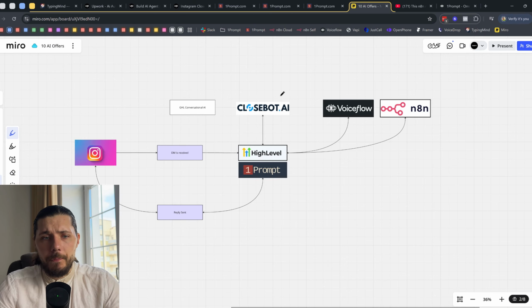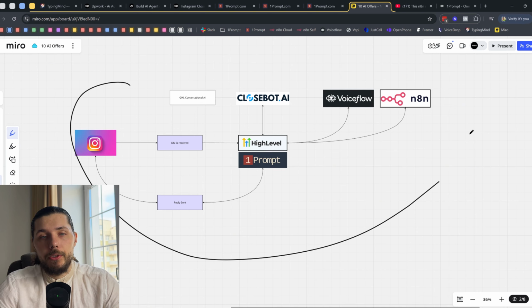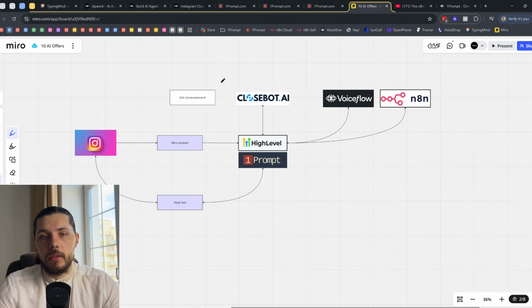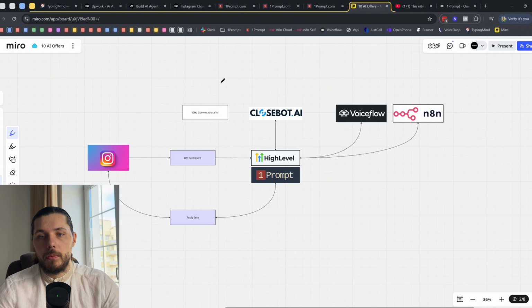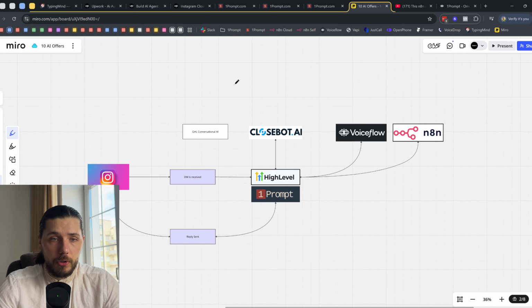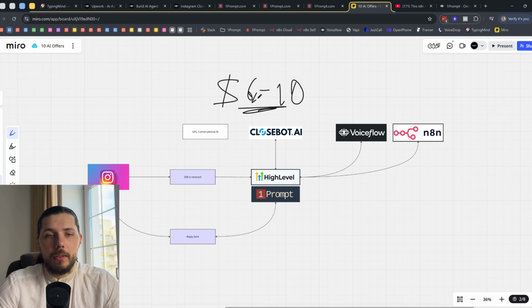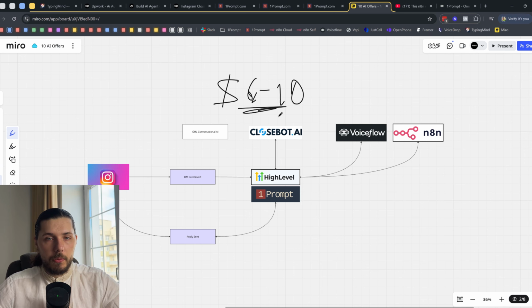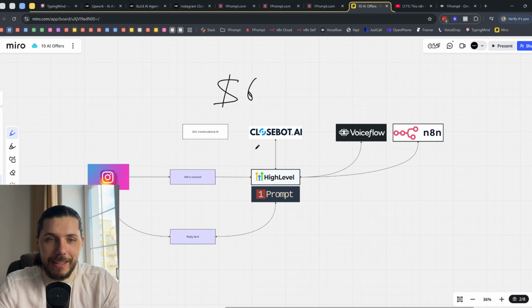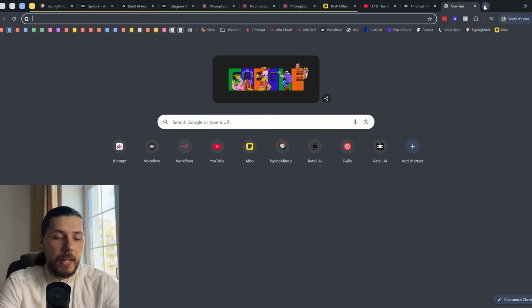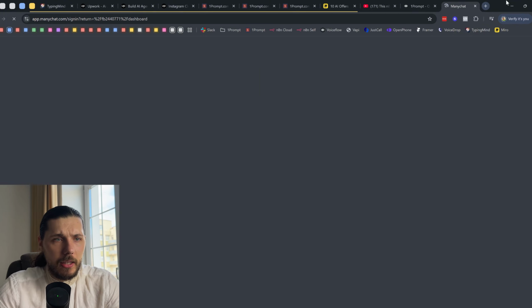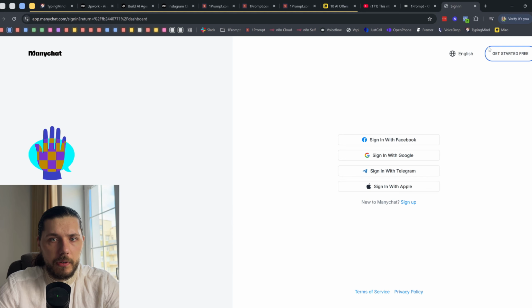Regarding the price, my agency is not the most accurate way to represent how the market would pay for something like that, because we would charge somewhere between $6,000 and $10,000 for something like that. But again, we are not just building inbound agents. We're usually building something more advanced. I forgot to mention that HighLevel is not the only option. You can use ManyChat, and I am pretty sure they are aware that there is a ManyChat option.